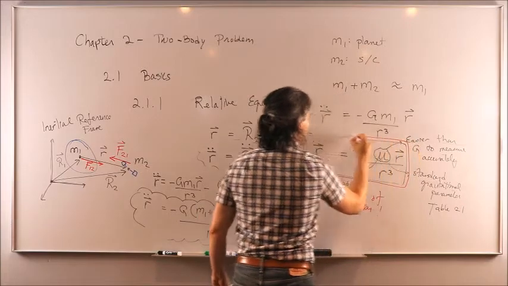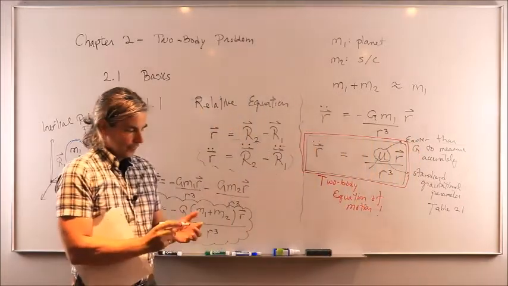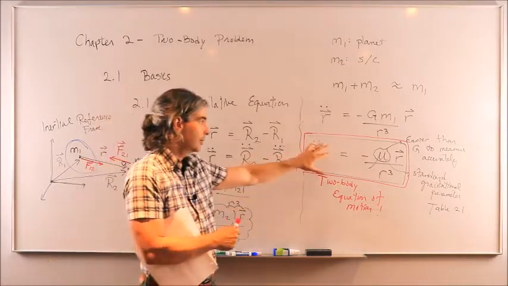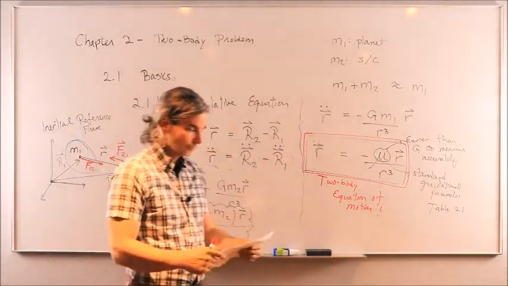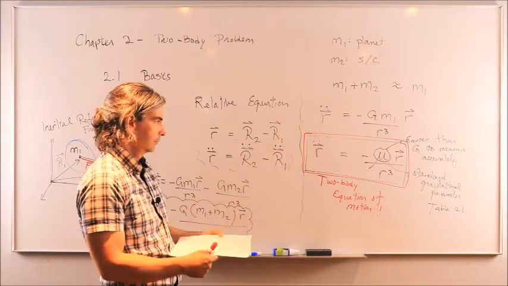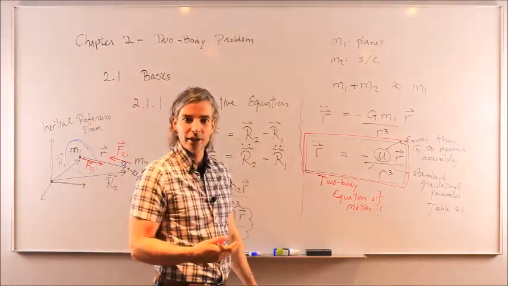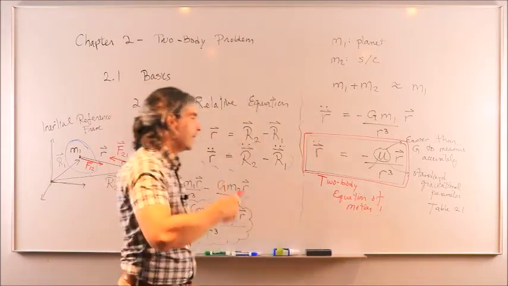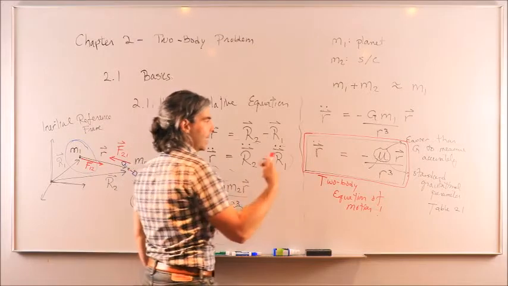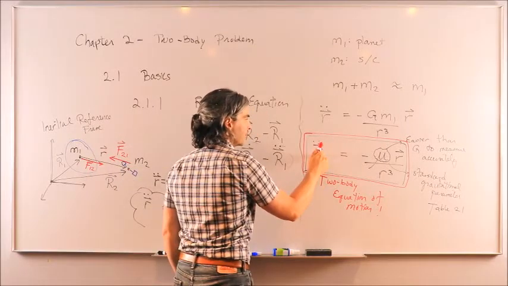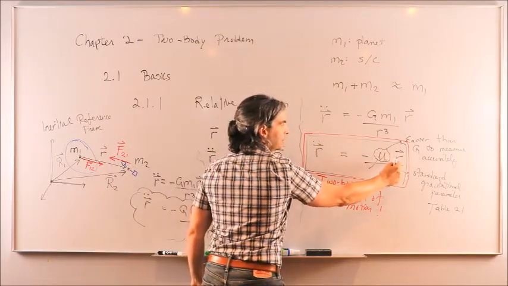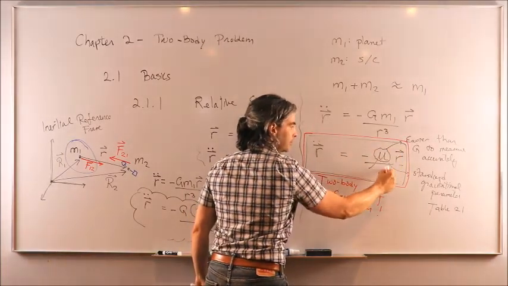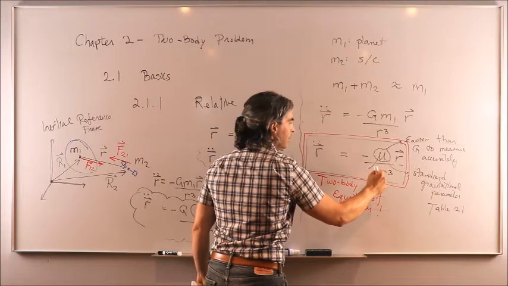And I would say that this is the first very important equation in this course. Okay? If in 5 years from now all you remember from this course is that equation, I'd be happy. Well, not happy, but I won't be disappointed. Let's put it this way. Okay? So the two-body equation of motion allows us to predict or to calculate at any given time, based on where the spacecraft is with respect to the planet, through this position vector and through this distance scalar here,